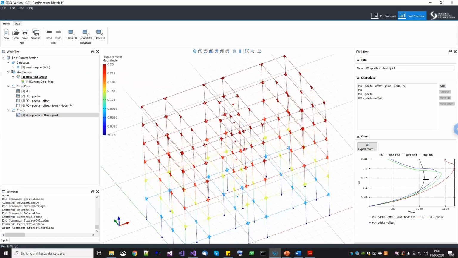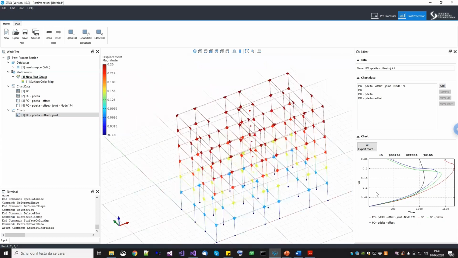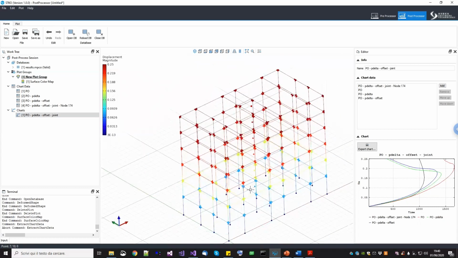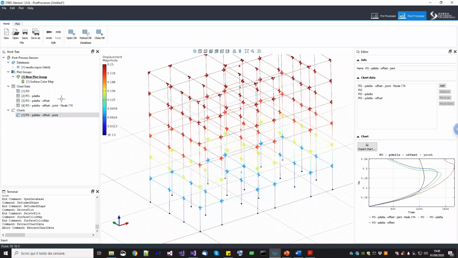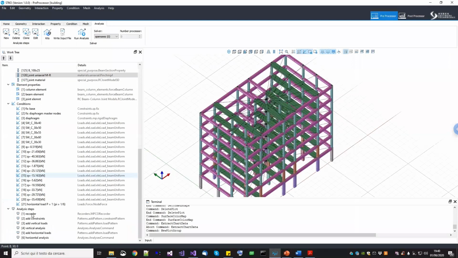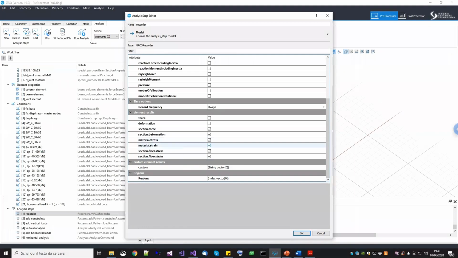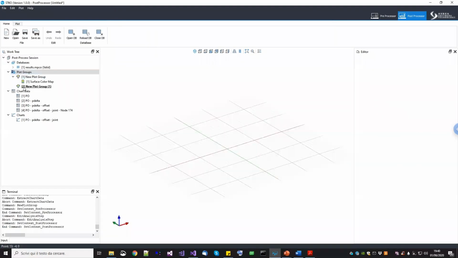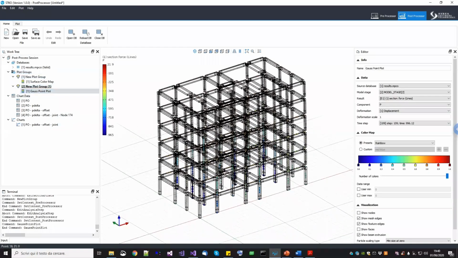Now basically the response here has a lower peak, because the joints have been activated before the soft story in this piece of building. Okay. Now, if you want to visualize what's going on inside the beam column joints, as I told you before, here in the recorder, we have been using this output request, which is the material stress and material strain. Okay. This was useful for visualizing then in a Gauss point plot the output of the scissor